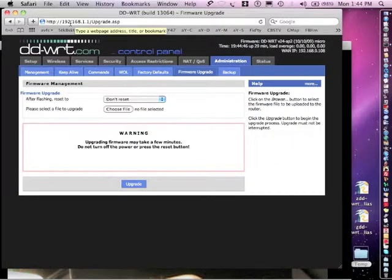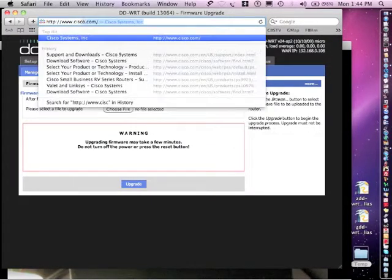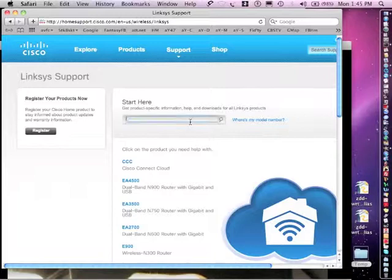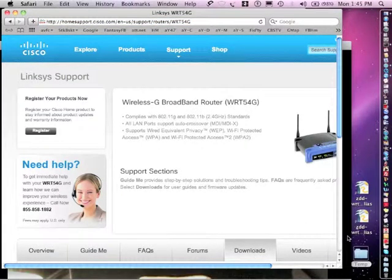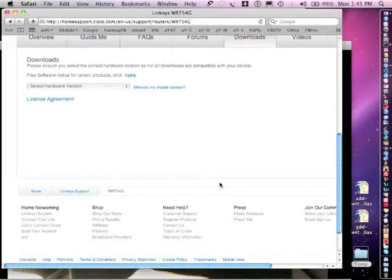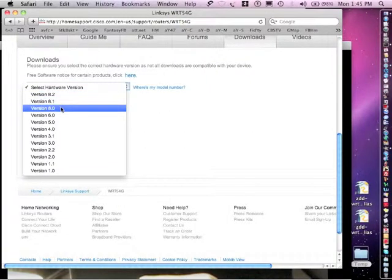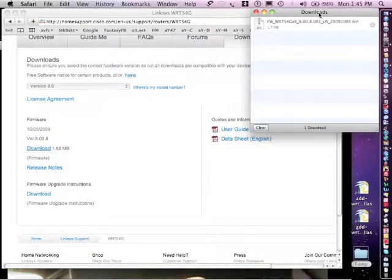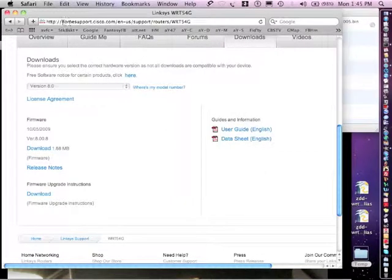So the first thing we're going to do is go to the Cisco website to get the old firmware. We're going to go to www.cisco.com. We're going to choose support, and we're going to choose Linksys Home. Now, depending on what router you have, you're going to have to know what the router identifier is. I'm going to type WRT54G, which is right there, and I'm going to select downloads. And it's going to ask me what version of this we want. As I said, mine was 8.0, and there's our download. You notice that the Mac shows you that it's taken and placed that 1.7 meg file in a downloads directory. Next thing we're going to do is we're going to go to the